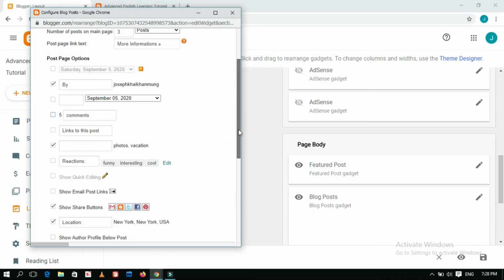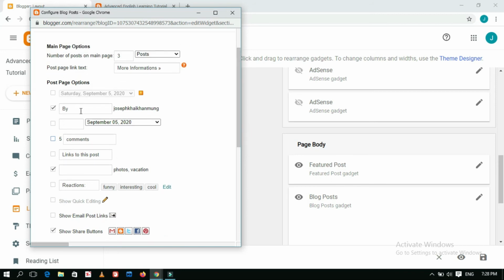Suppose here we want to show the name of the author, or the name of the person who posted the article, so just tick upon the square bracket, and if you want to hide the date, just untick it. If you want to show this, okay, it's up to you. Okay, shall we go and see by just save